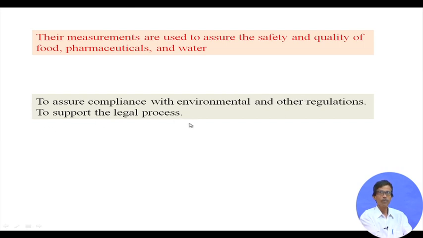And analytical science also supports the legal process. In forensic science, if somebody comes to you and needs help, whether something is contaminated with arsenic, lead or cadmium, how do you help? So, the legal process can also be helped. The legal advisors, the lawyers and the judges should all have some very basic understanding of analytical science, because otherwise you cannot know what amount of cadmium or lead can be present in your sample, whether it is a medicine, a food material or a water sample.